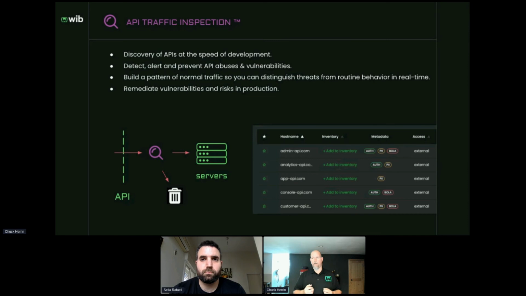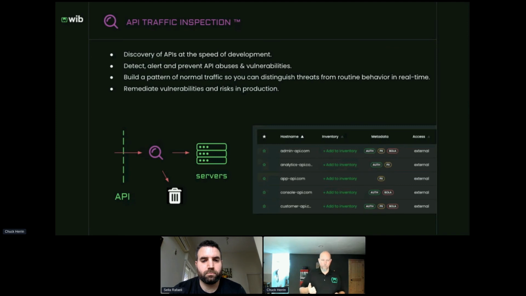And that is the best indicator that something is wrong, whenever something is unusual, deviates from the norm. So it stands out like a black dot on a white background. Having this in place really gives you that understanding of what normal looks like in your shop. And even if an attack vector is novel, it could be the next Log4j or what, it doesn't really matter. It was an unusual request, an unusual POST, an unusual GET, something that you hadn't seen before, and you get alerted that something is wrong. And that's really, really critical to being able to mount an effective response: knowing what normal looks like.